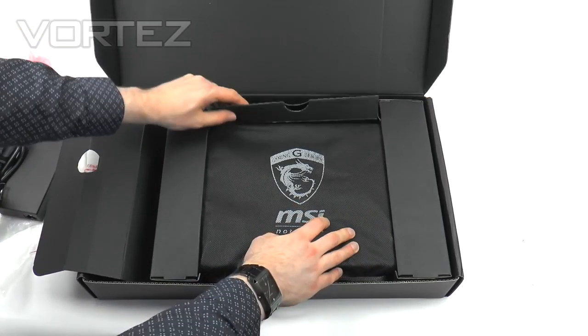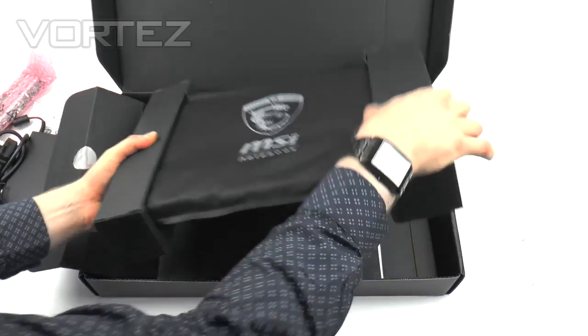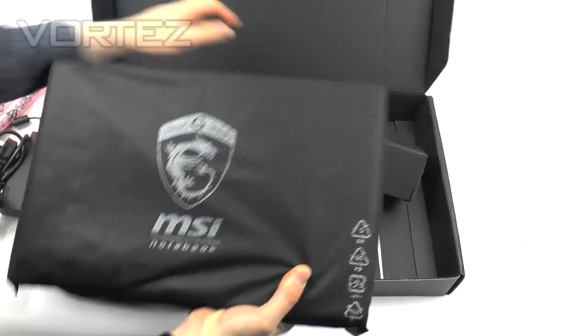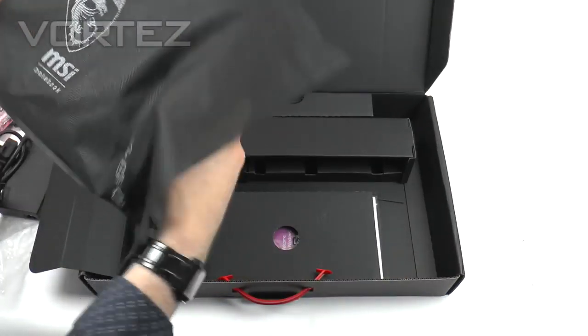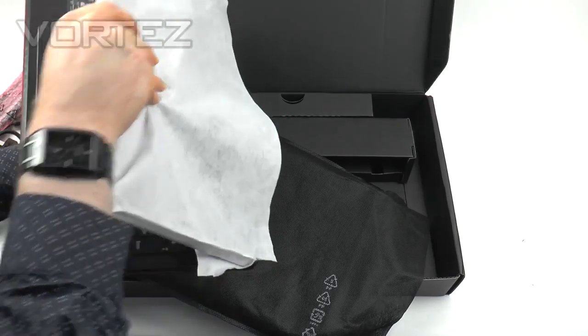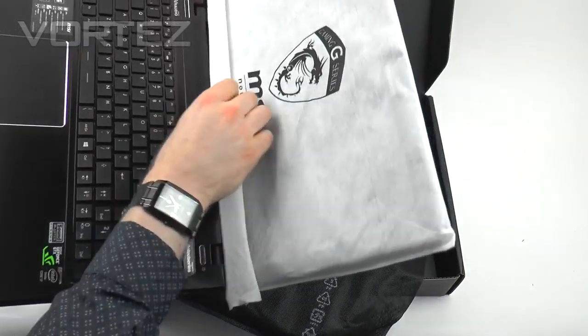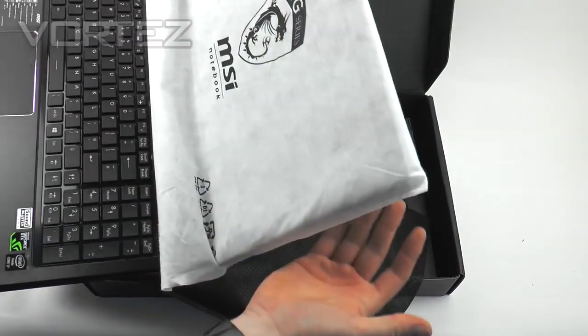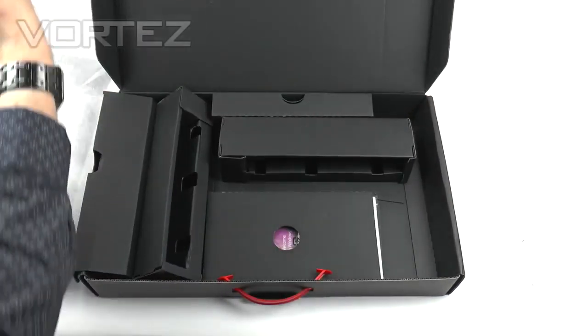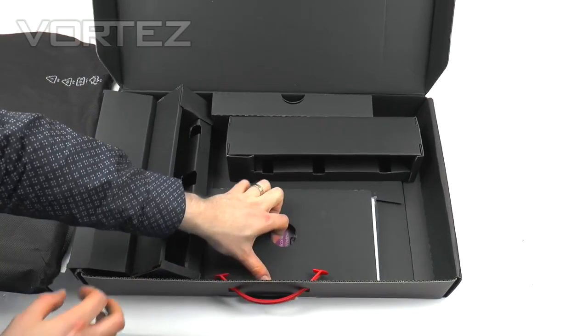And just take this notebook out now. You can see there we've got the notebook inside a sleeve, and even more protection for the screen. We've got another sleeve which goes over the screen just to give you even more protection. So that's nice to see that those things have been really carefully packaged. And then we've got the documentation,